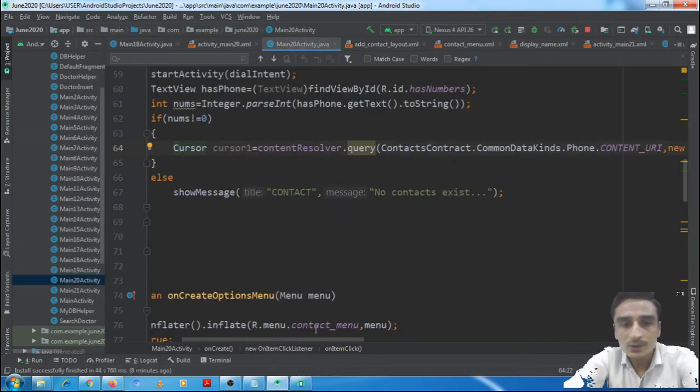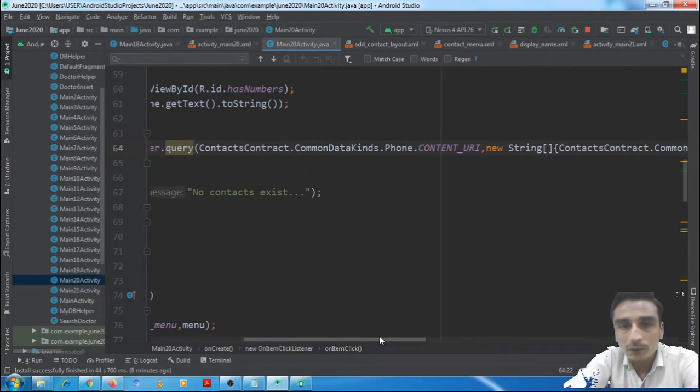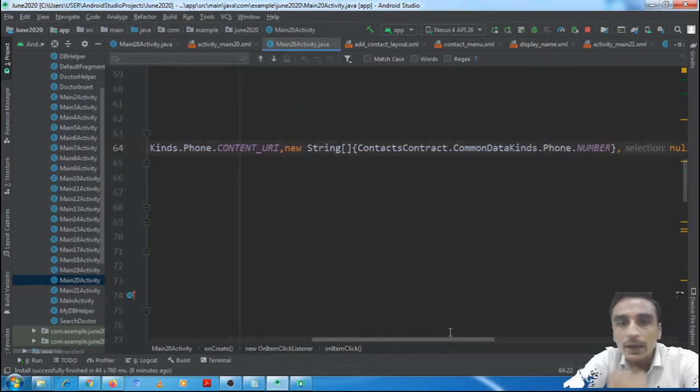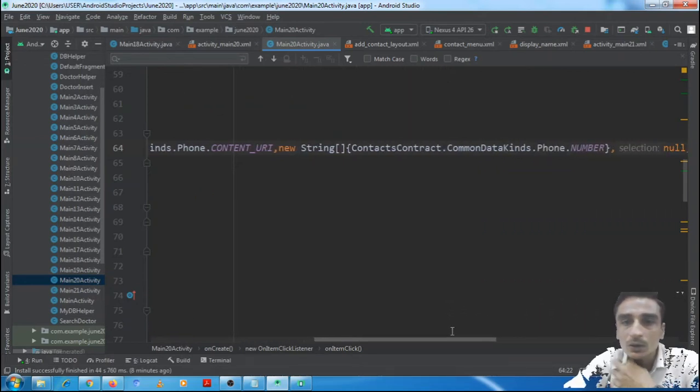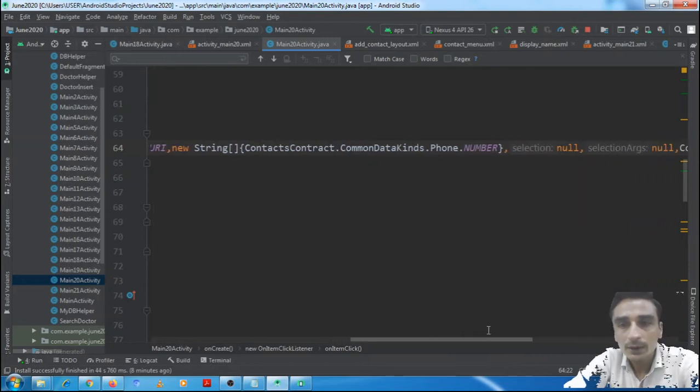So the URI is ContactsContract.CommonDataKinds.Phone.CONTENT_URI, and the name of the column is ContactsContract.CommonDataKinds.Phone.NUMBER.